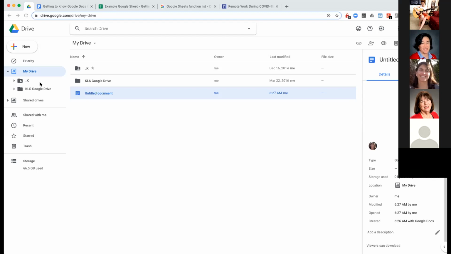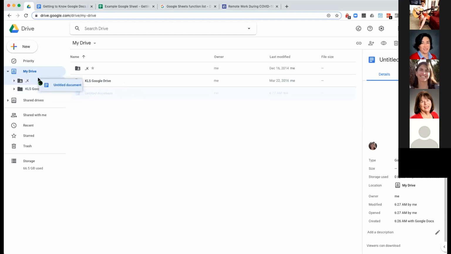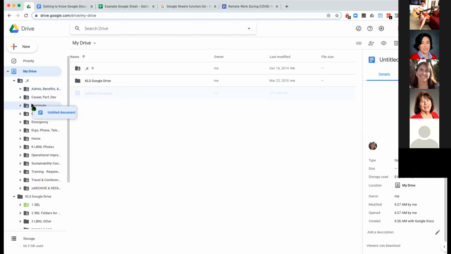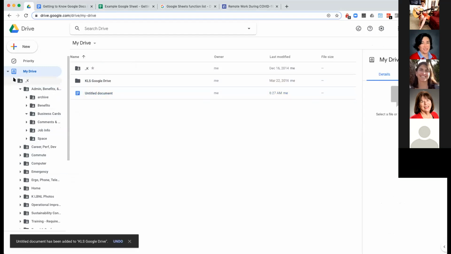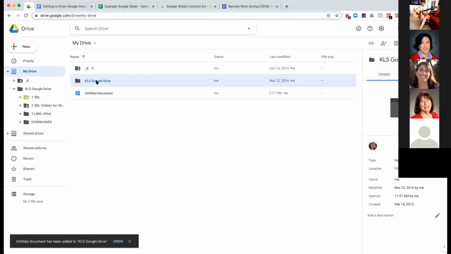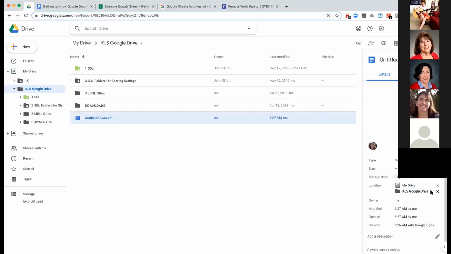So I should go take the Drive class is what you're talking about. You should take the Drive class to understand, but basically what Andrea is saying is if I use my Alt key and drag this file, it makes this little plus. If you have this expanded, you can move it to a folder here. I'll show you what happens if I go into this subfolder. There it is. It says untitled document, sorry, but that's what I had. If I click on it now, you'll see it's in 2 locations under the details on the right-hand side.